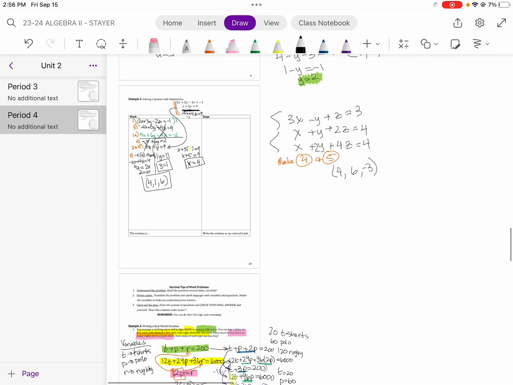So students, here's what I want you to do. First off, 2B. Big ideas. These problems definitely take a little bit longer. So what I'm asking for is